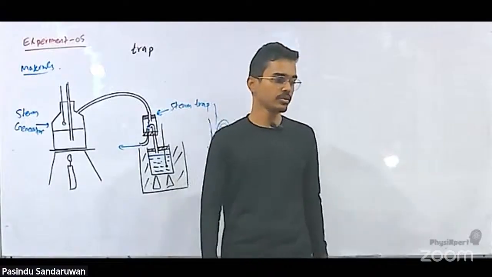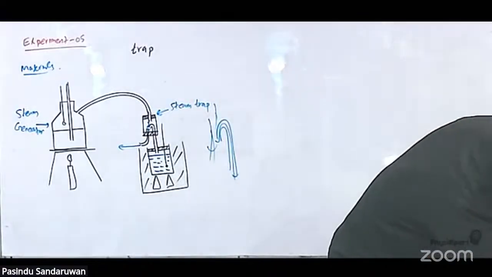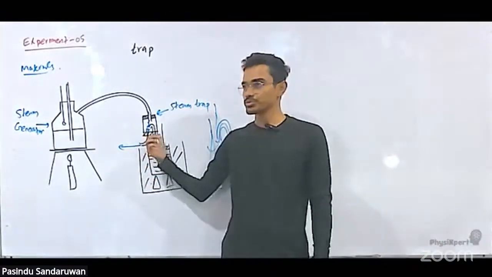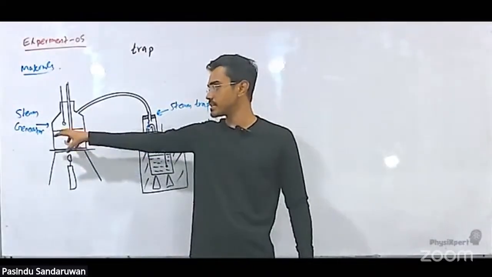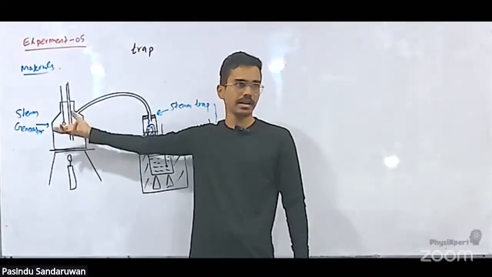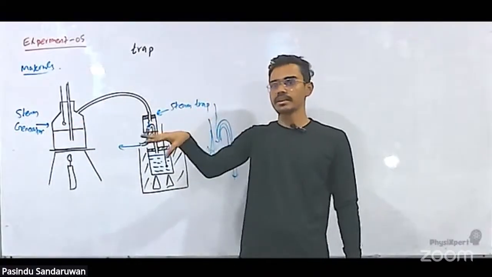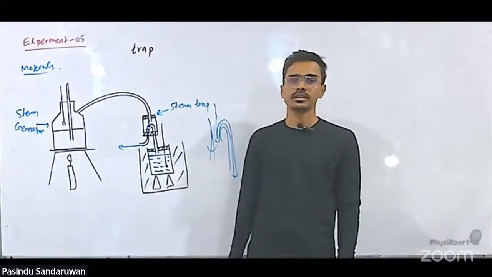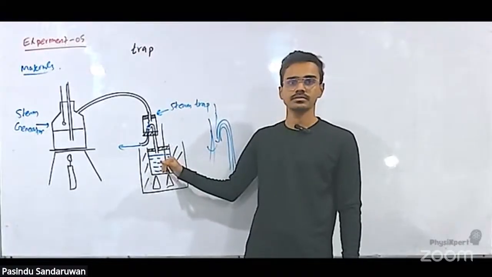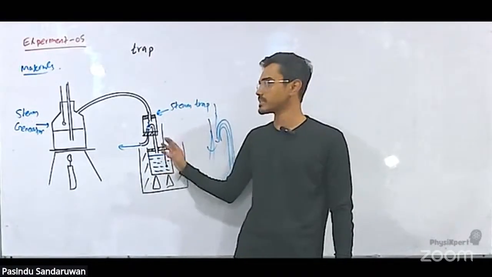We can't separate or segregate that part, right? That's why the steam trap is used. The purpose of the steam generator is generating heat, right? The purpose of the steam trap is segregating water and steam at this point. Then only steam is mixed here, right? Only the steam is mixed. Once only steam is mixed,